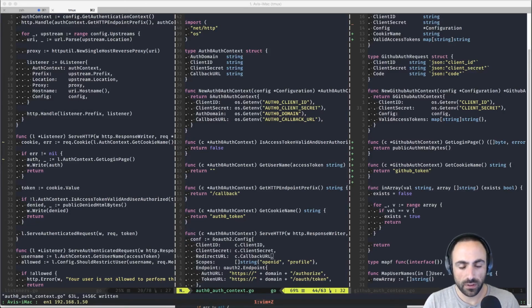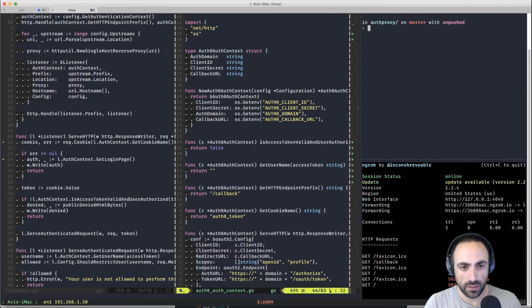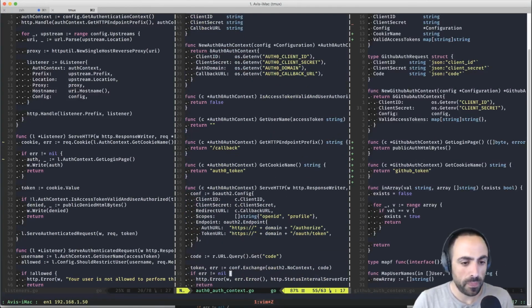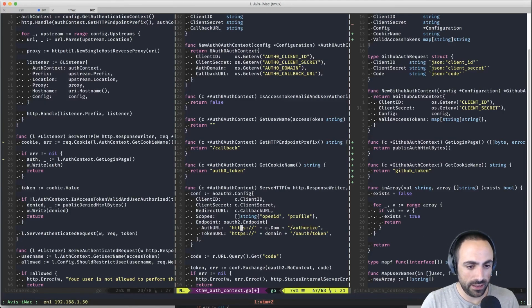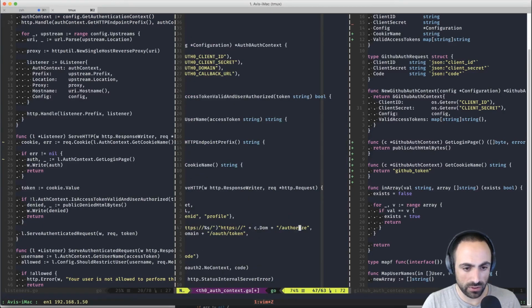Okay, so now let's go here and source again, and we should be good. Okay, so now this is c.domain, and actually let's do this properly. So fmt.Sprintf, and then https, and then %s, and then slash. What is this?